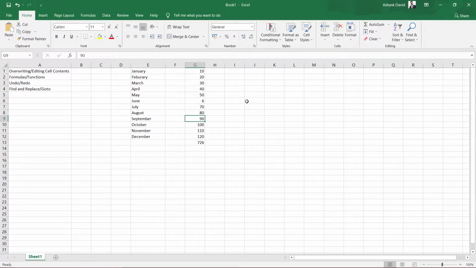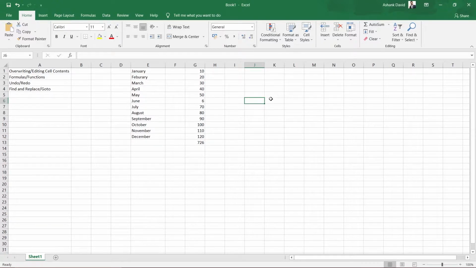I'll bring my cursor anywhere. You can calculate on whichever cell you want, so I am just randomly selecting a cell. On this cell I want to sum some of the numbers, but not all.